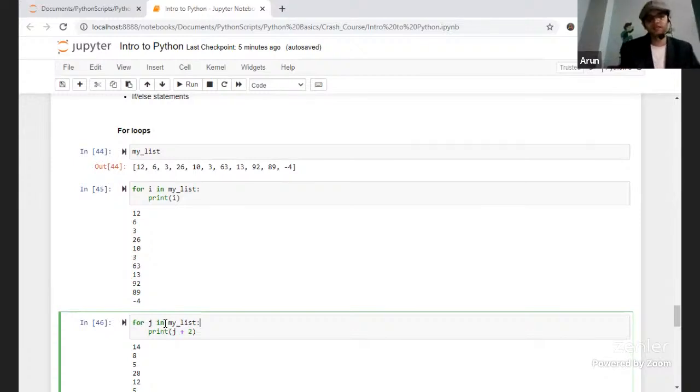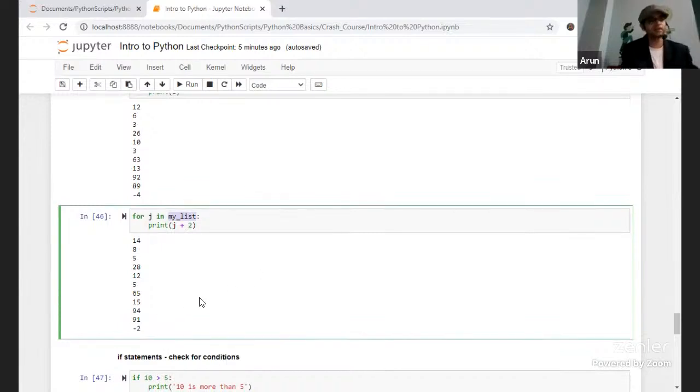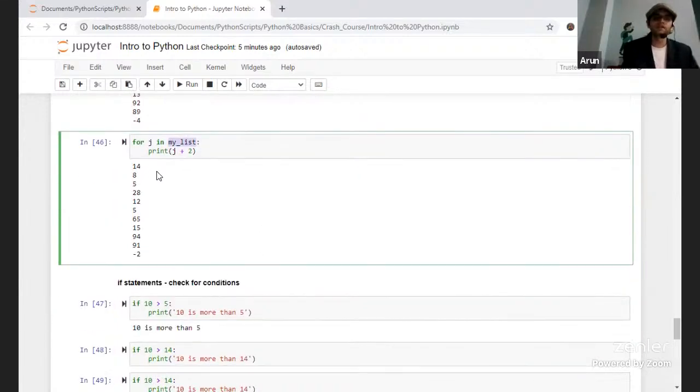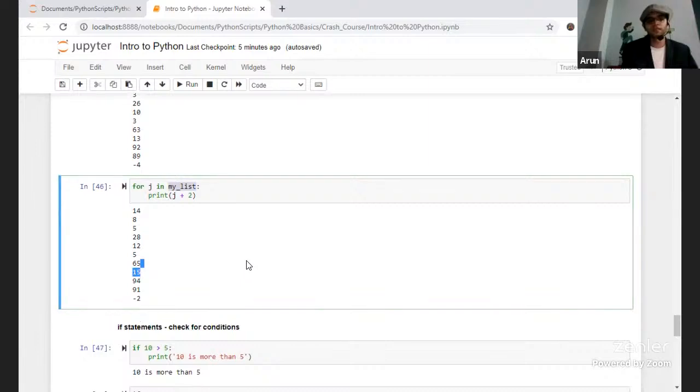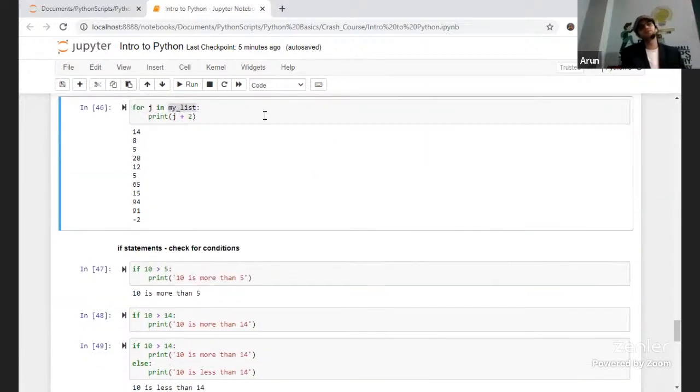If you say the list, then the system prints the value, adds, and gives the corresponding output. So in this case, it will be 12 plus 2, 6 plus 2, 3 plus 2, like that, and go on.